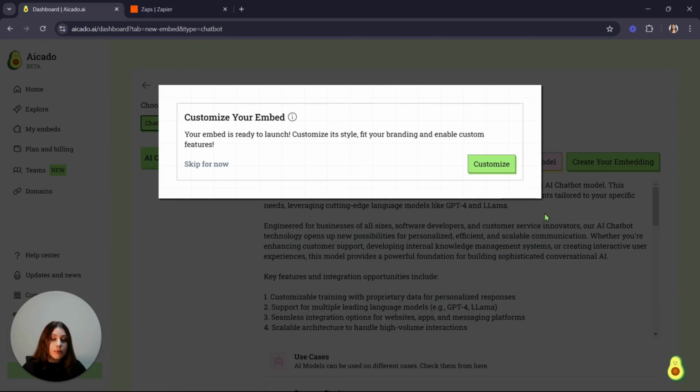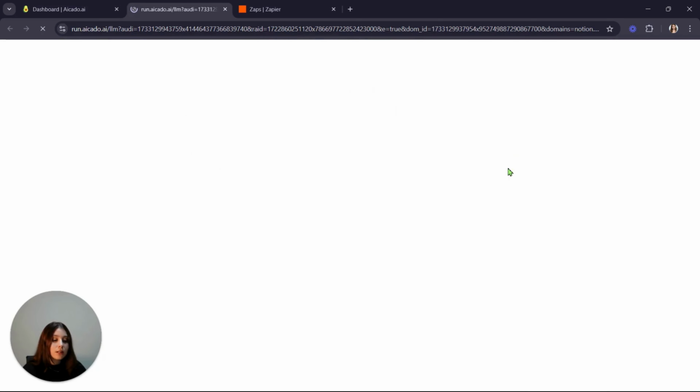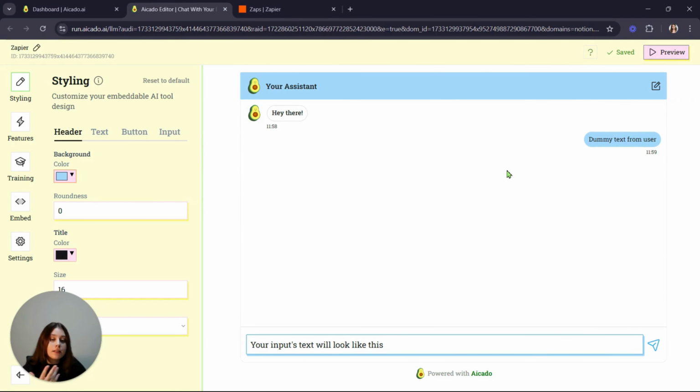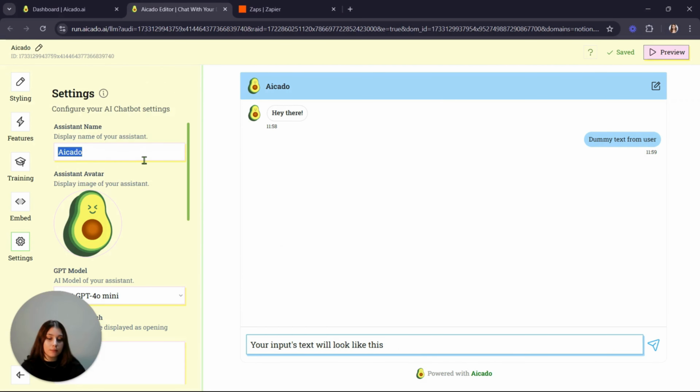Right now, I need to customize this chatbot because I'm going to add a webhook and create automation. That's why I'm continuing with the customize option, but if I didn't need it, I could go directly through that step and take my code and embed it wherever I want and continue using my chatbot. Now I'm going to name it Zapier right here in the settings section and make sure that it doesn't mix with my other chatbots and other embeds.